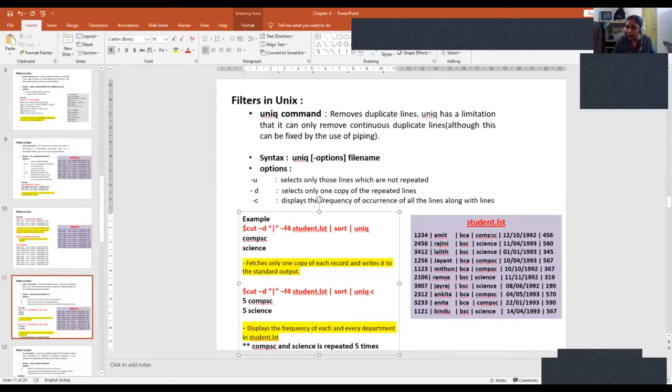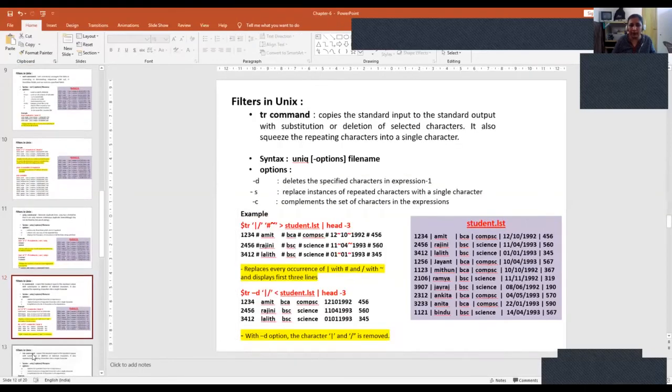And how many times is science repeated? 5. So you can check here, 1, 2, 3, 4, 5 is computer science, 1, 2, 3, 4, 5 is science. Okay. C stands for count. So it will display computer science as repeated 5 times, science as repeated 5 times. So this is how you can use the uniq command.